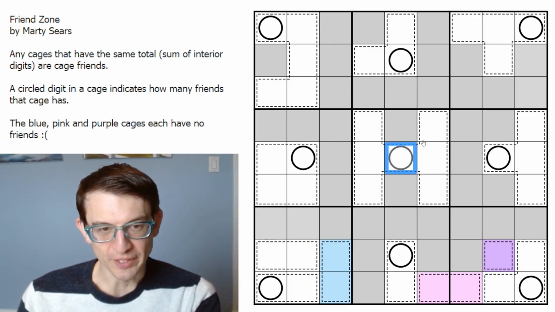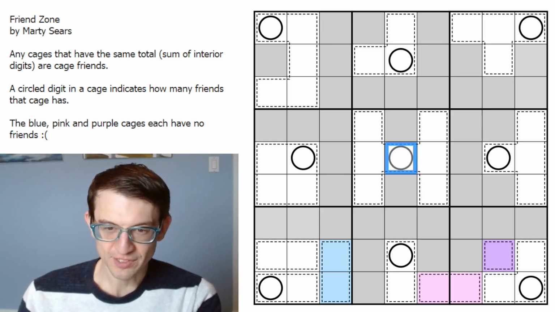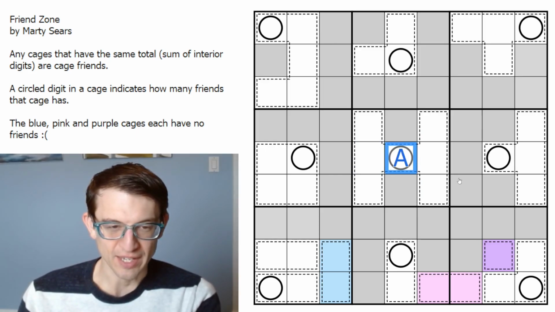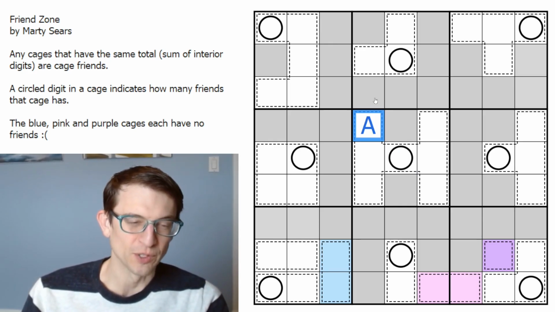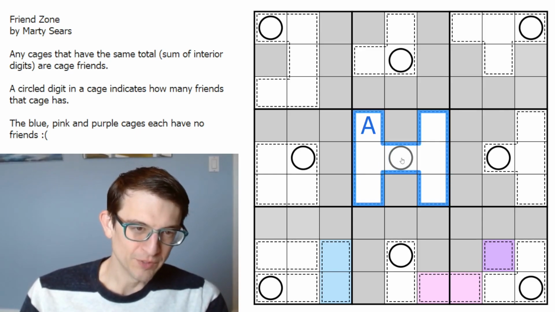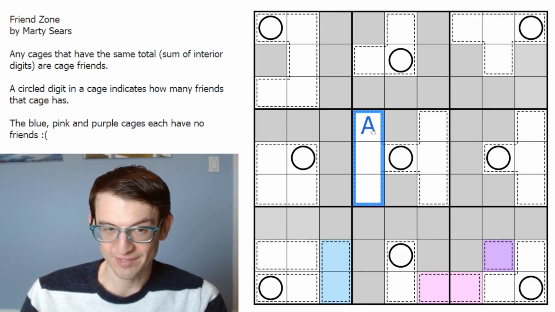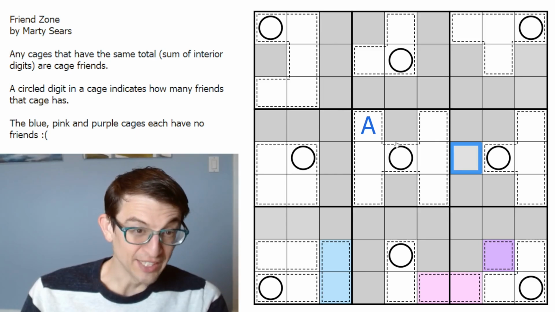That's going to be true because being friends is transitive. What does transitive mean? So let's call this cage A. Well, let's not put it there. Let's put it in the middle or in the top left corner as if it were a cage total. Let's call this cage A. Well, cage A is going to have some friend total. I don't know what that is. It could be 28. It could be much higher than 28. So it's somewhere between 28 and 42. And cage A has at least one friend,